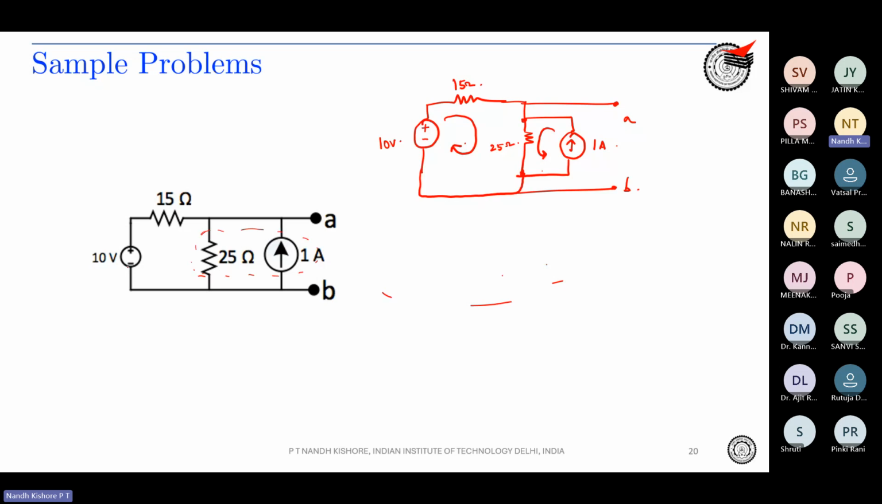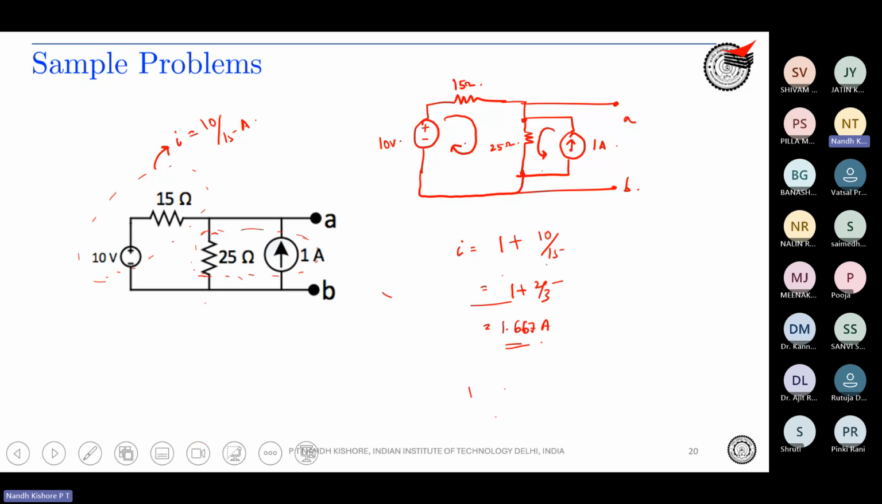Then what you are left with is just this, 10 and 15. Can you tell me the equivalent current source for 10 and 15? 10 by 15 ampere. Correct. So the final answer is simple: 1 plus 10 by 15, 1 plus 2 by 3, which is 1.667 amperes. Simple, right? Consider this together as one pair, so what you are left with is just